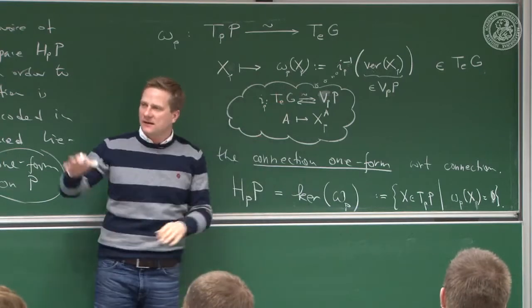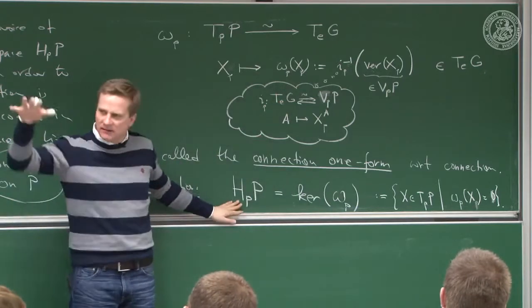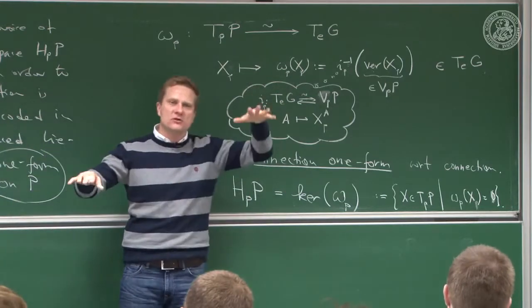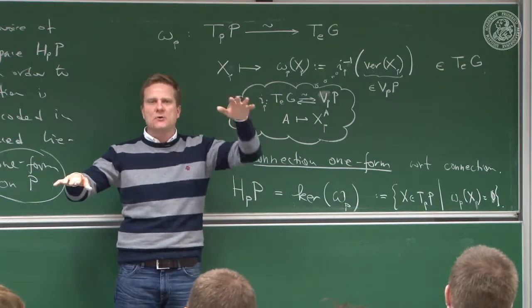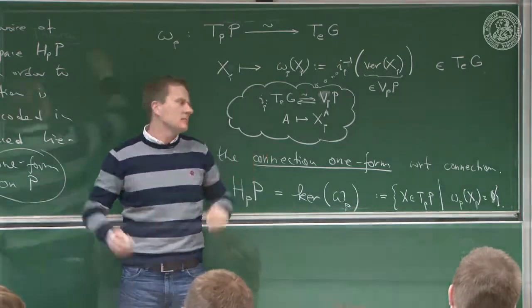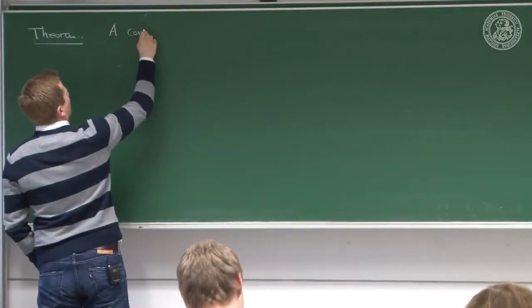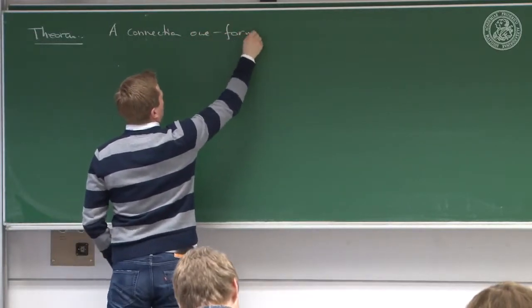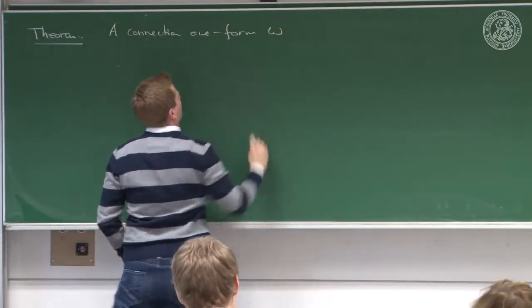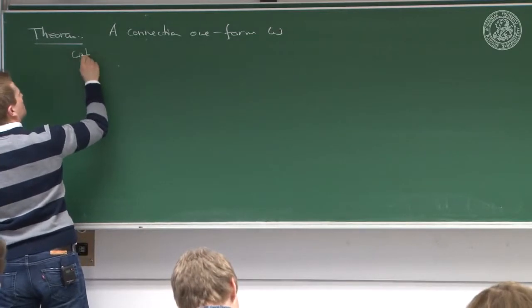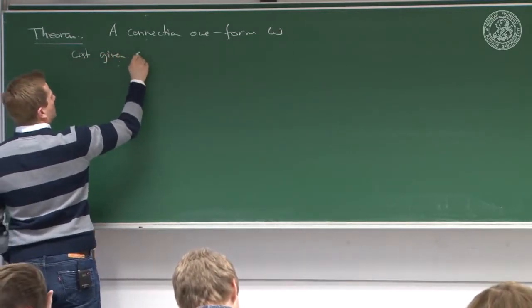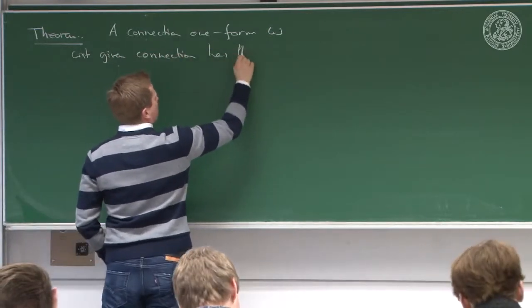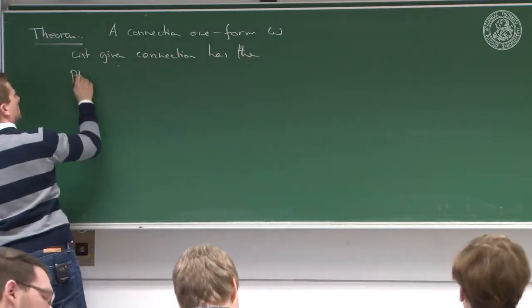So that we can think at the end alternatively of a choice of horizontal subspaces with certain properties, or of a choice of one form on the principal bundle with certain properties. Okay. A connection one form omega with respect to a given connection has the properties